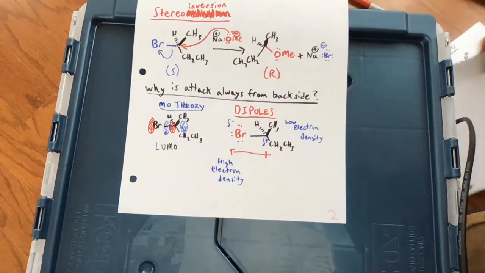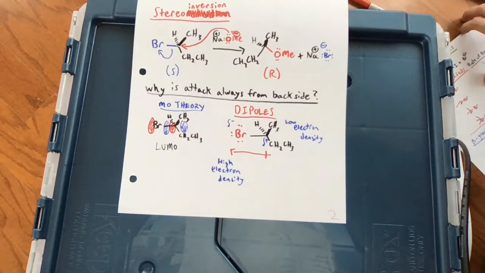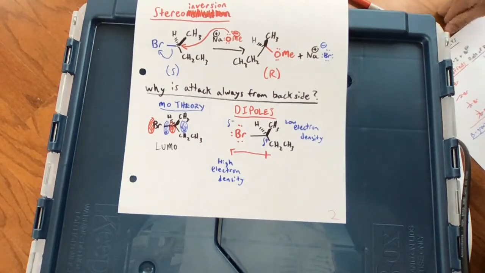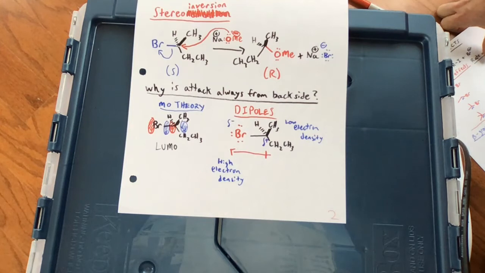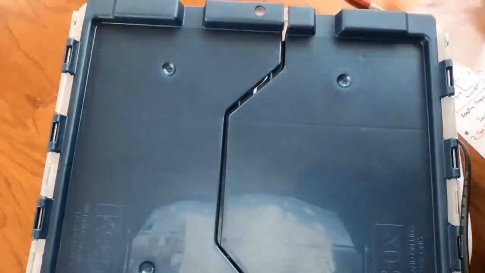Now let's look at some substrate effects, because we now know that the reaction happens and how it happens, and we know why it happens the way it does. But what we don't know yet is how to make this reaction go faster, and what properties of the molecules we're reacting might make it go slower. So